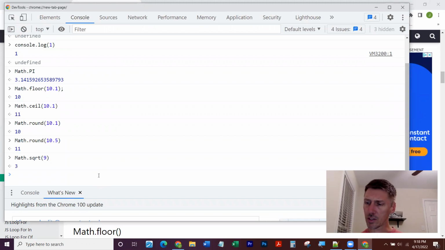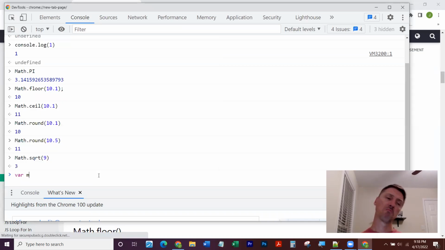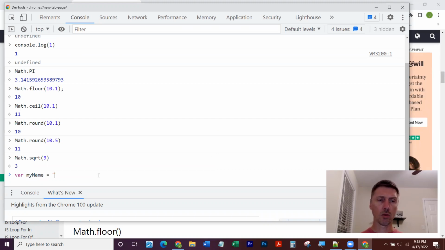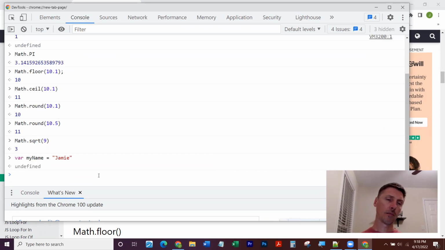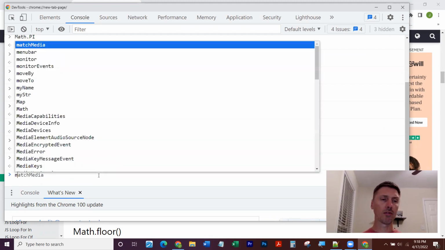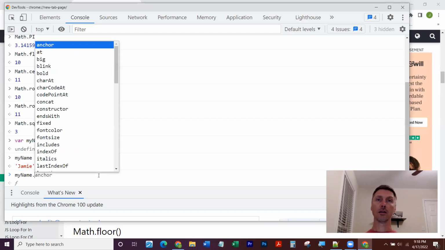Let's talk about another object that can be useful, and it's the string object. If you define a string, so let's declare a variable, and we're just going to say my name. All right, my name equals, and I'm going to assign to my name Jamie. All right, so when I hit enter here, my name, and I can type my name again, and sure enough, it contains a string named Jamie. Well, if I do my name dot, look, now there's a bunch of properties and methods hanging off of my name, because string is another object that JavaScript provides for us, and it provides some useful properties and methods